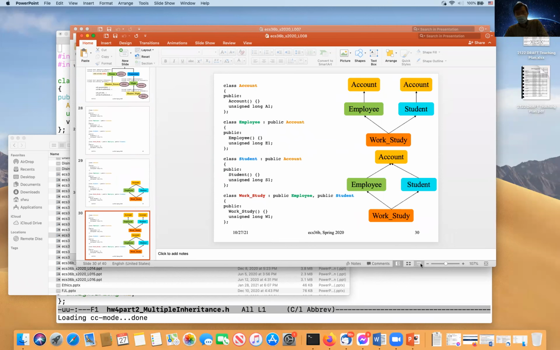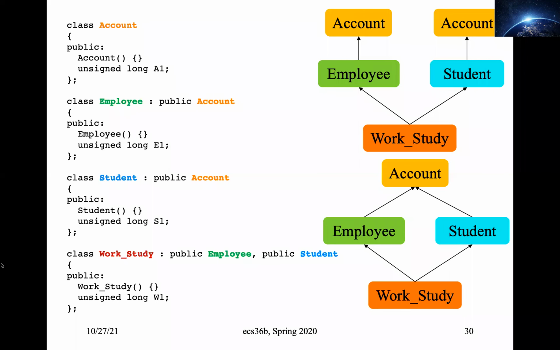So this was the slide I talked about on Monday, about the difference between multiple inheritance and virtual inheritance around these 4 different classes. As I mentioned, the memory layout plays a major difference. The other thing from a programmer's perspective is whether you have 1 copy of account or 2 copies of account, and how you actually access each of the copies if you have 2.